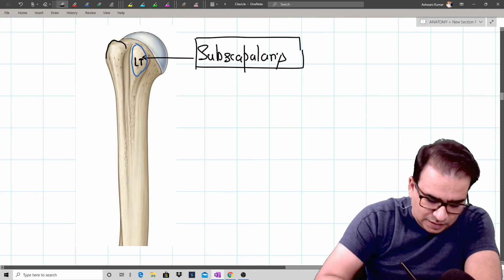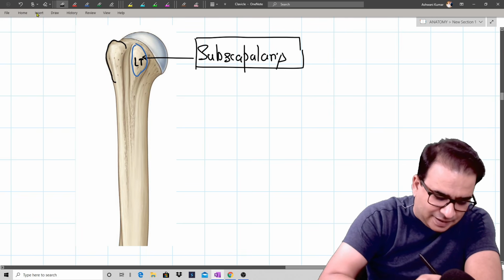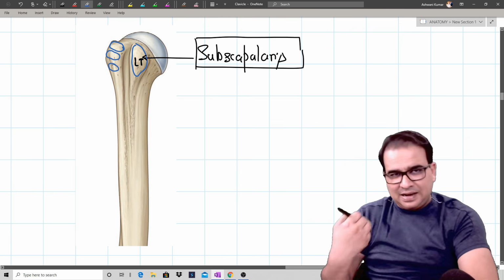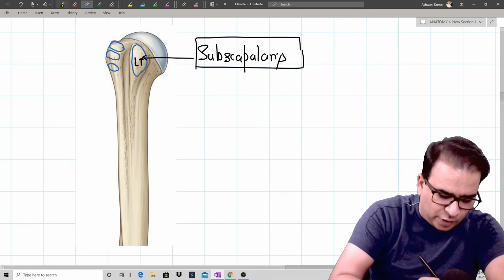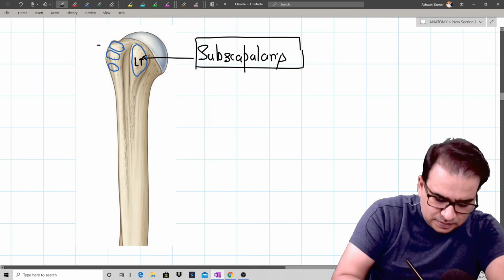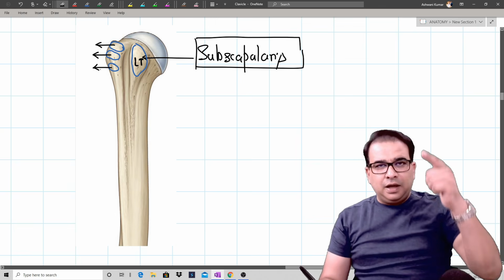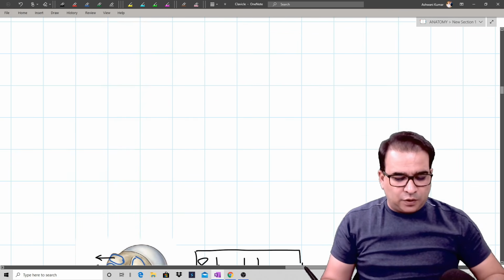The greater tubercle, which can be appreciated better from the lateral side actually. This greater tubercle is actually having three facets on it. These facets are not very well visible from the anterior aspect. That's a view from the anterior side, but I'm just drawing it for completion's sake. So we have three muscles which are inserted, and you can remember those three muscles in a sequence from this only, guys.